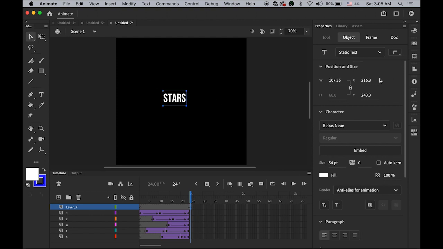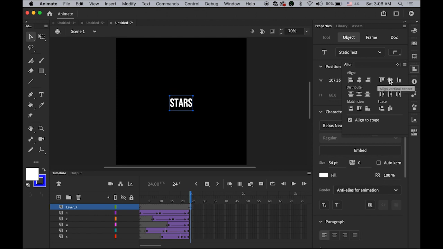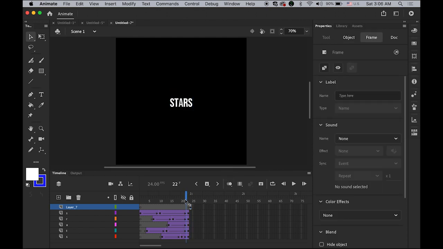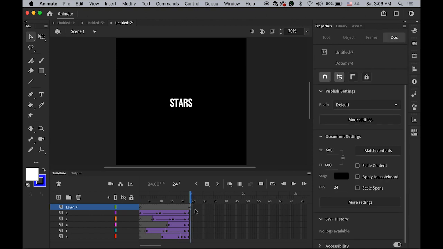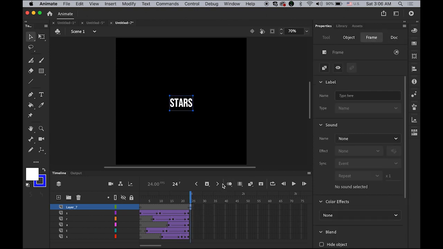I will repeat the same thing. Open the Align panel and check the Align to Stage checkbox. Located in center, so it is perfectly located in the same location. Okay, and let me break apart